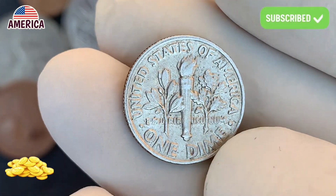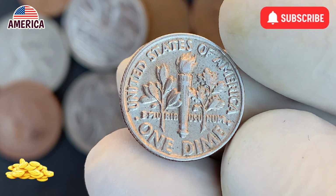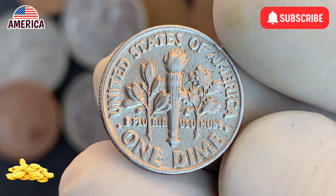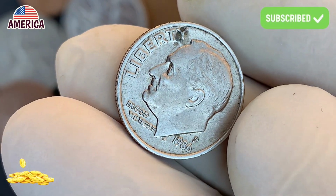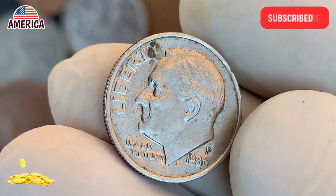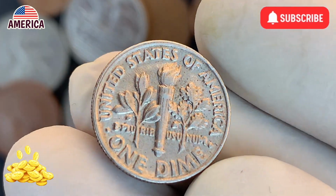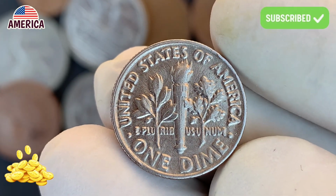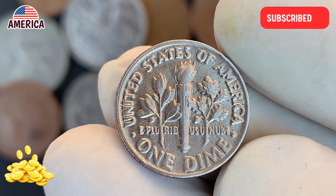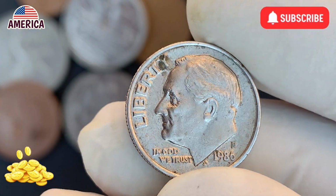They remind collectors that even in a process as carefully controlled as minting, the unexpected can occur. These imperfections are not just flaws, they are markers of a moment when precision gave way to happenstance, creating something truly unique. In the world of coin collecting, the search for error coins is both a technical challenge and a thrilling treasure hunt. The most valuable information often comes late in the process, as collectors piece together the subtle signs